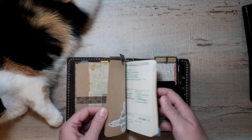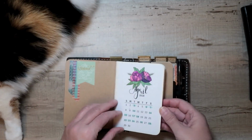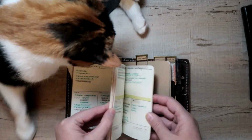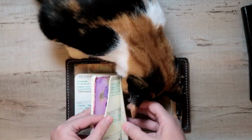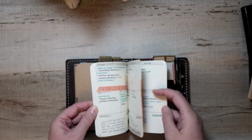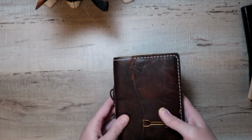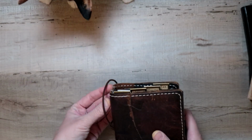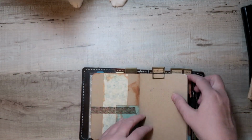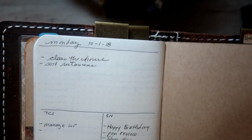So you can see that I have it set up for an ideas journal, my bullet journal here, and in fact this is the second insert. This was my first bullet journal, so you can see I have another April cover, and I moved into this on April 22nd, and then this lasted through around the end of June, and then I moved in here June 19th. And I have a stationery nerd business section, and then a notes brainstorming section. So this was my journal until, let's see, when did I stop using this? October 1st. So October 1st was my last day in here,